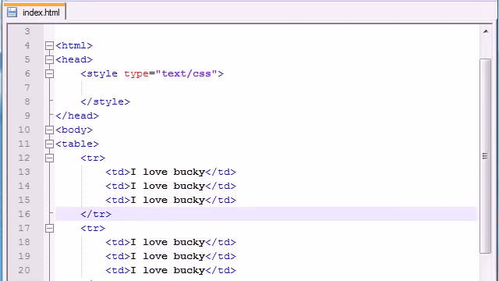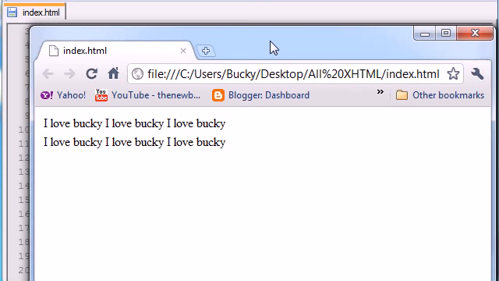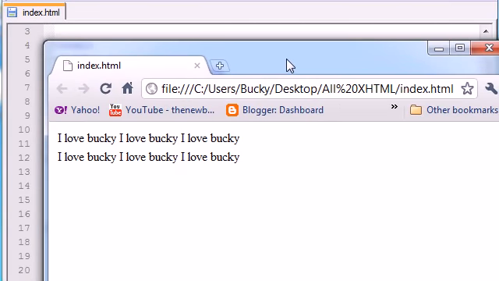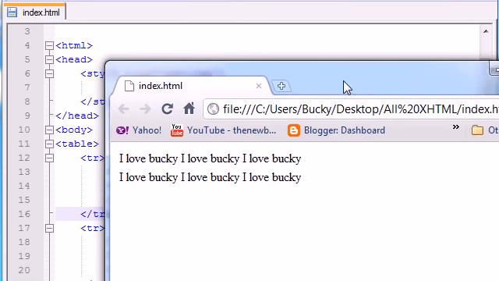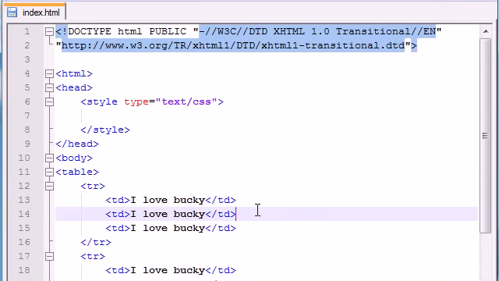So now we're looking at this table and we already know how to add a border, but border, come on, we can do a little bit better than that. So let's go ahead and style this up and make it nice and fancy. So let's go ahead up in here,